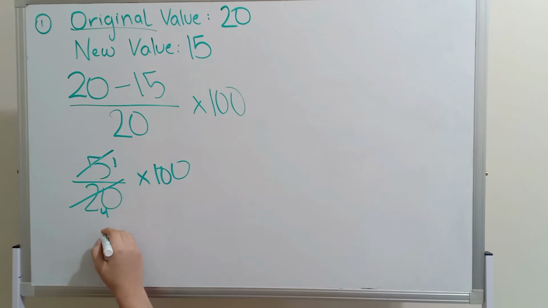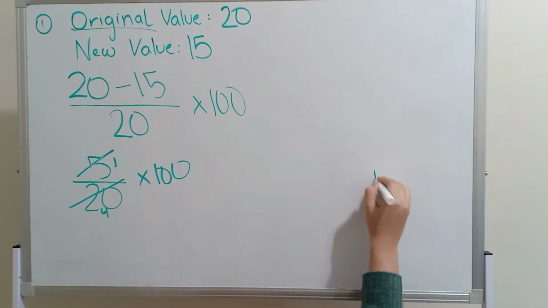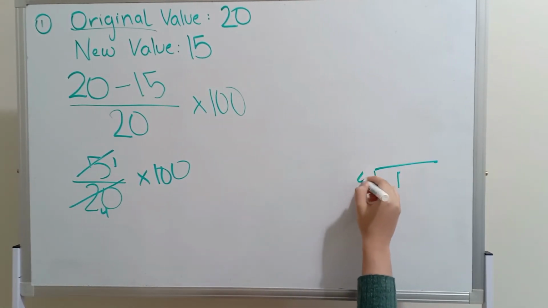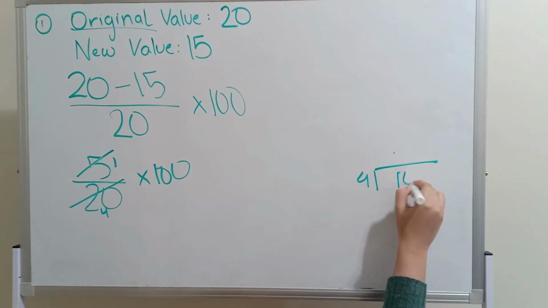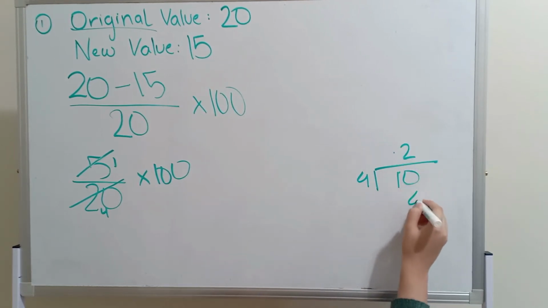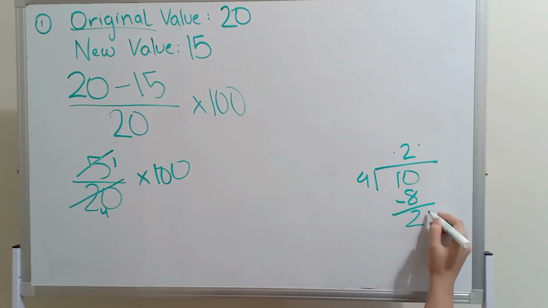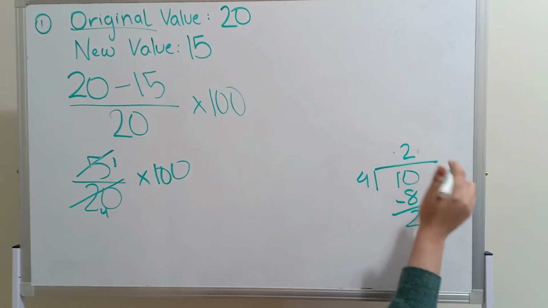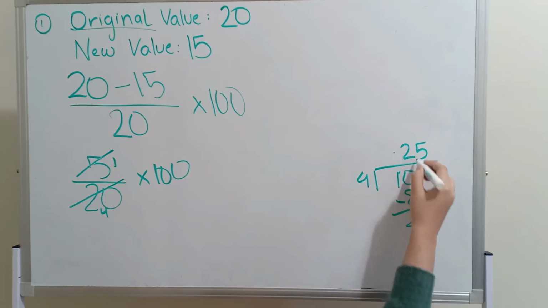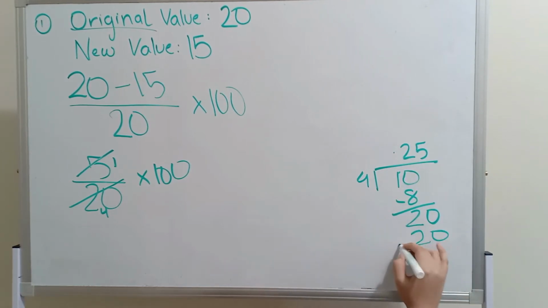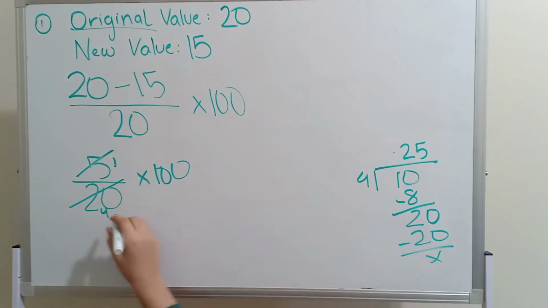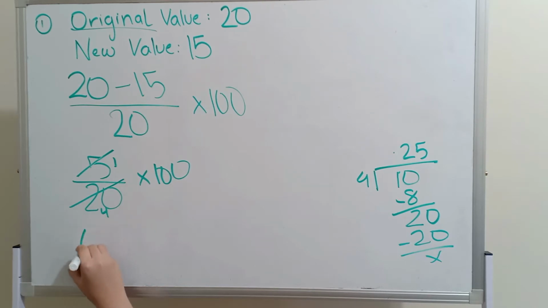So we have 1 over 4, which equals, let's quickly divide 1 over 4. We put a decimal here. 4 times 2 is 8. We subtract, we get 2. We put a 0 here because we have a decimal already here. So 4 times 5 is 20. And so we have a 0 in the end. So meaning this is going to be